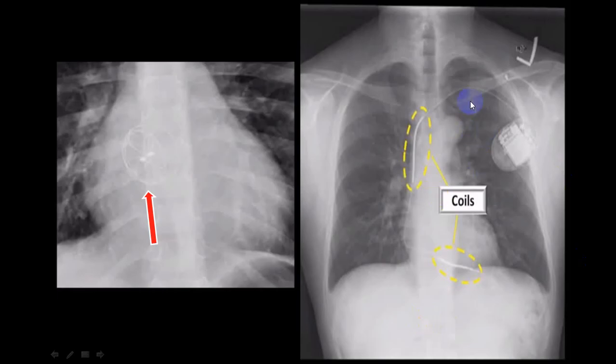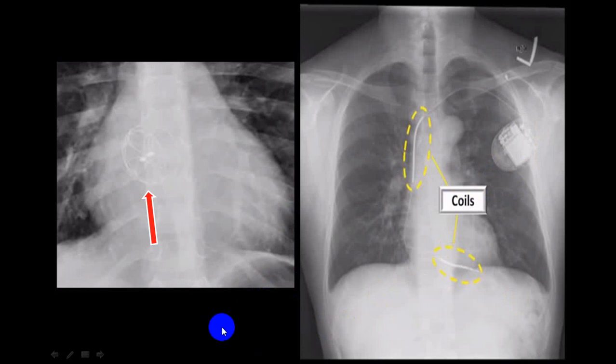You can see here in this particular image, this is a pacemaker. If you see this wire, this is a thick part of that wire, and there is another thick part of that wire. This is called a coil. This coil will give you defibrillation. So this is an ICD, an implantable cardioverter defibrillator. Is it okay? So try to identify that.